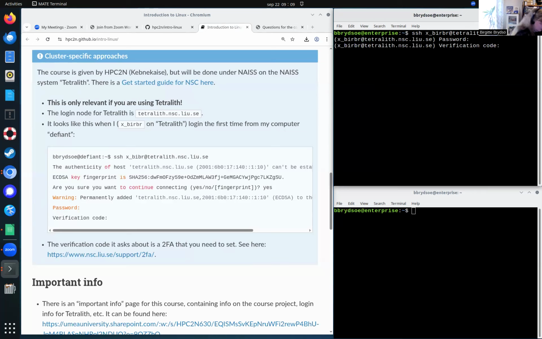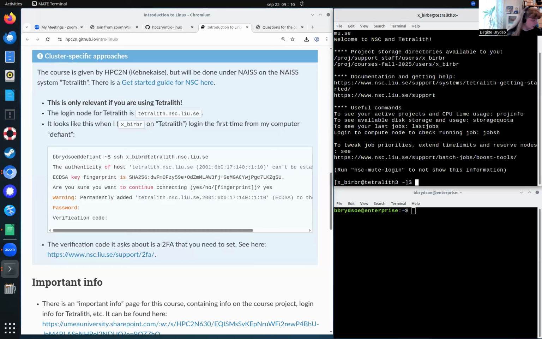Need a code. And then I get logged in. So you can see here, this is how the prompt might look.